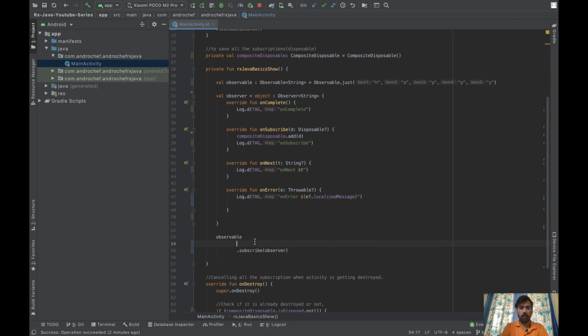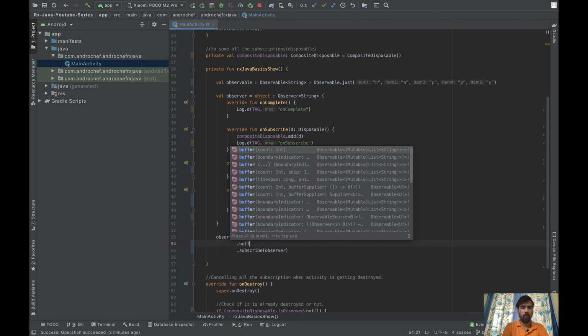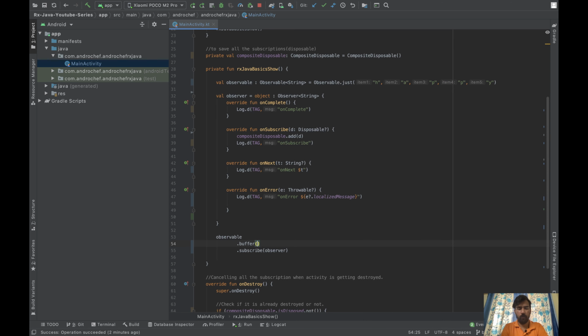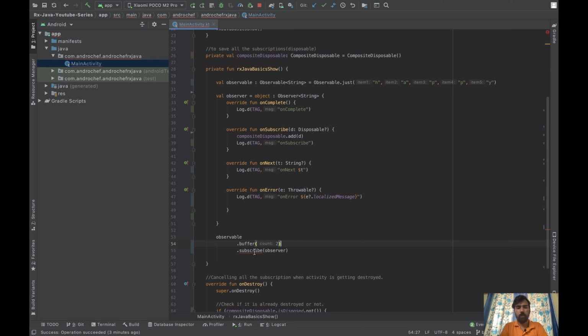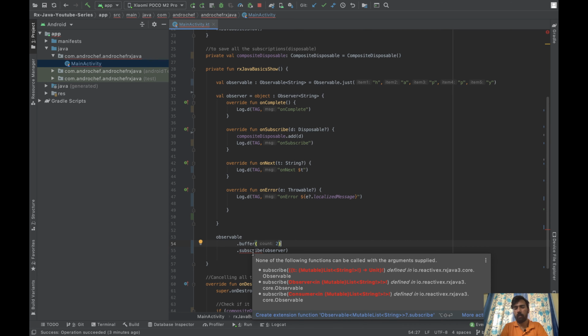So what I'll do, I'll just add buffer, and then I'll pass the count. You can pass the count, you can pass the time span, if you need something like 1 second or 2 seconds. So for simplicity, I will be getting the output in two groups.